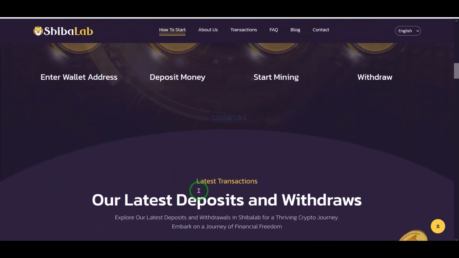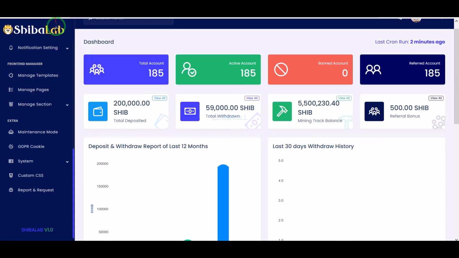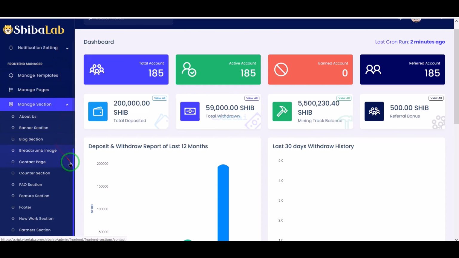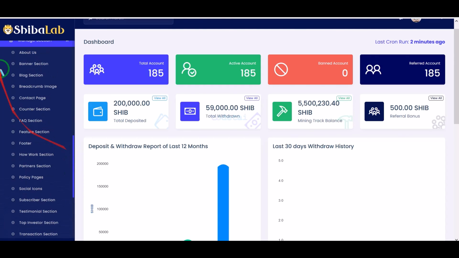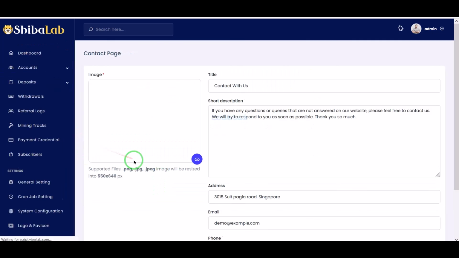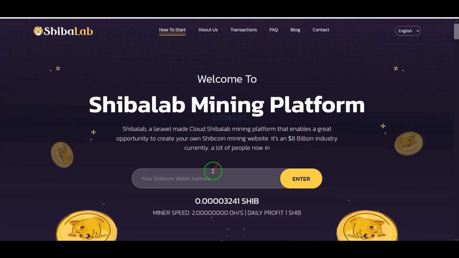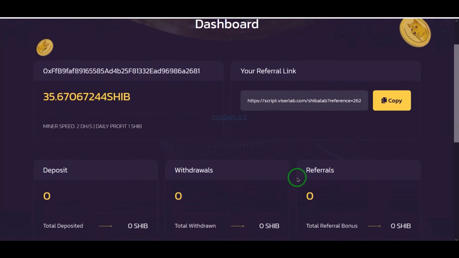We can edit or customize the home page step by step. For this, we will go to the Manage section. Because here we are getting the required features and functionalities to edit the home page, you can easily change and customize the home page design using these features and functionality sections. Also, we are getting many more important features and functionality to manage the admin panel.